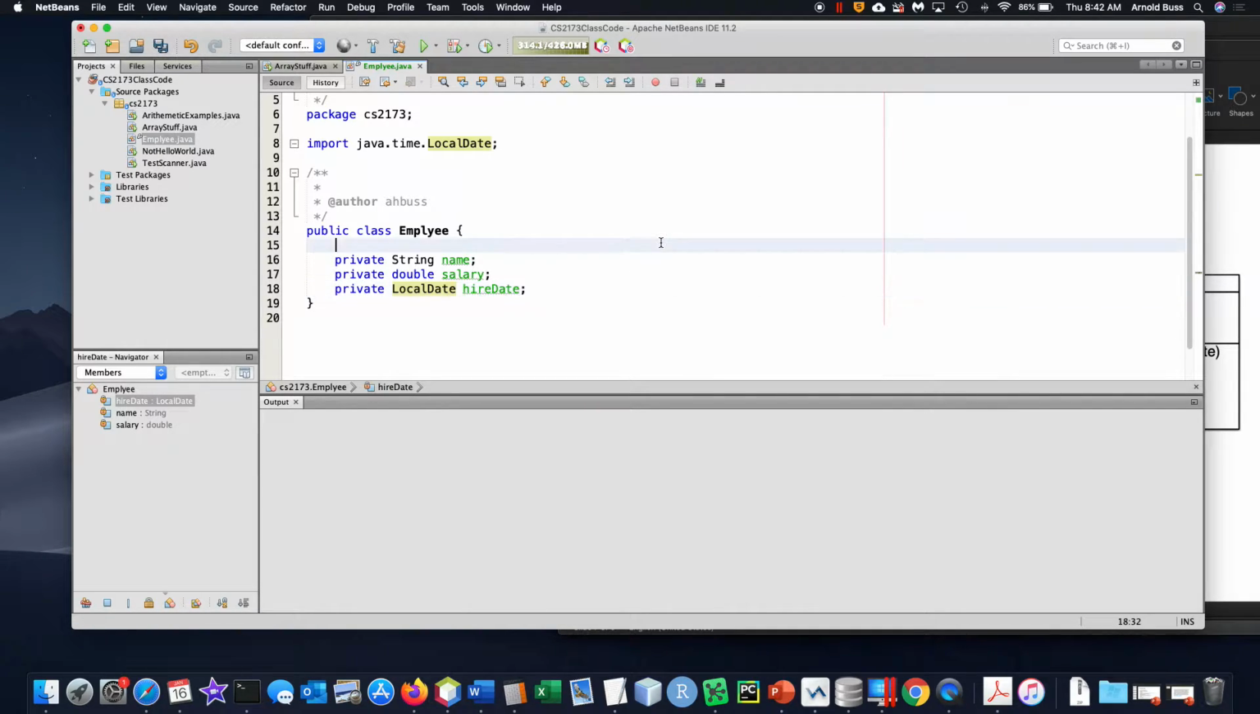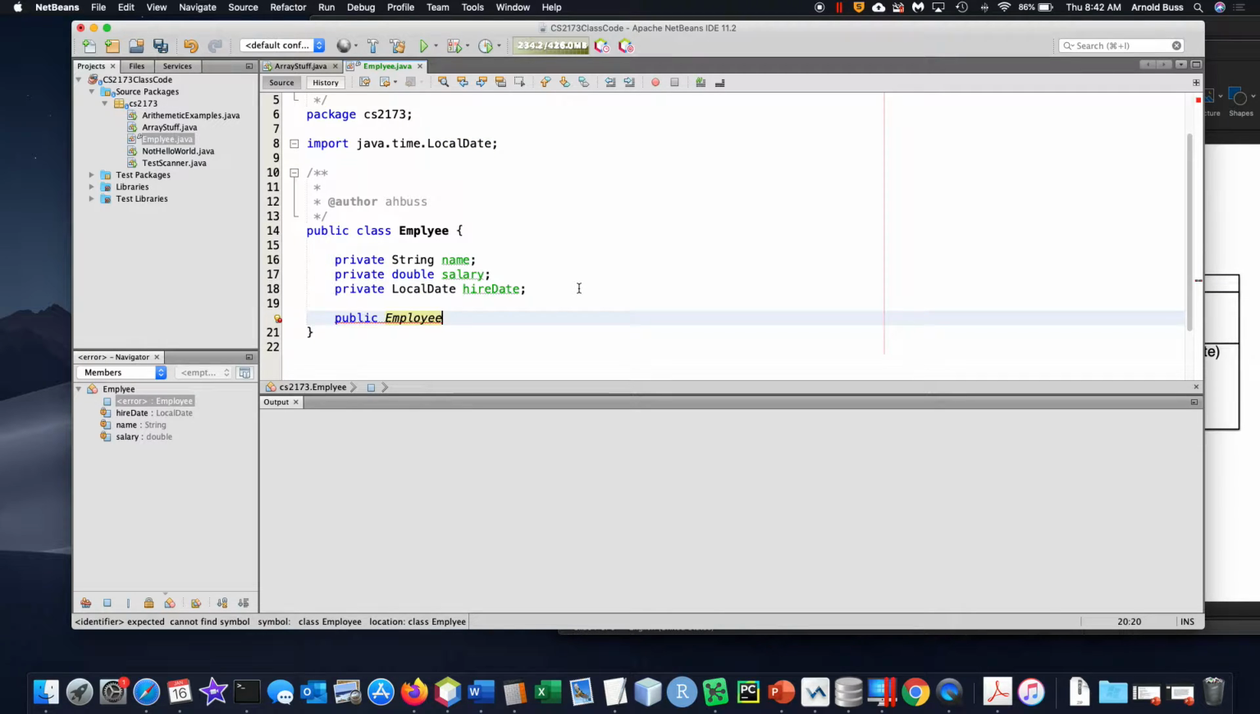Now the next step is to create the constructor. Now in this case, I'm going to